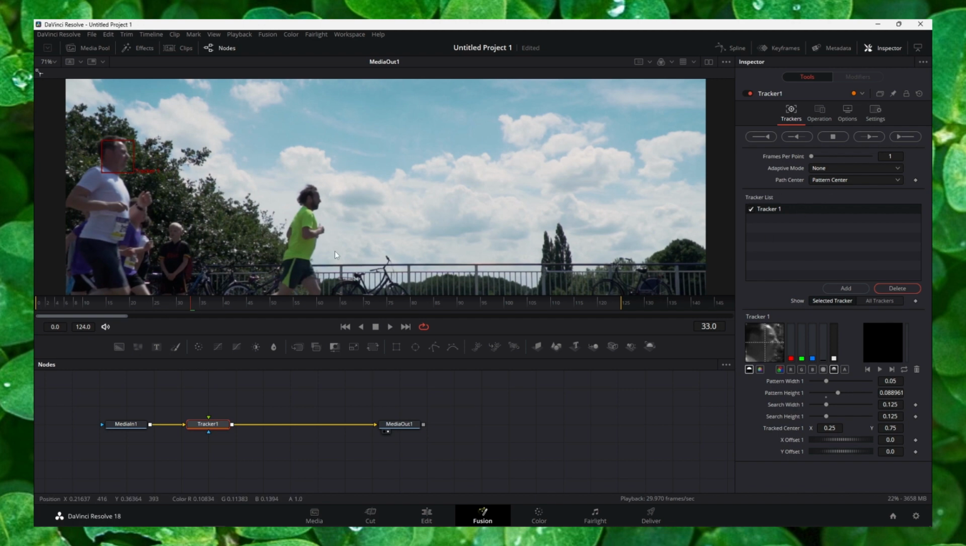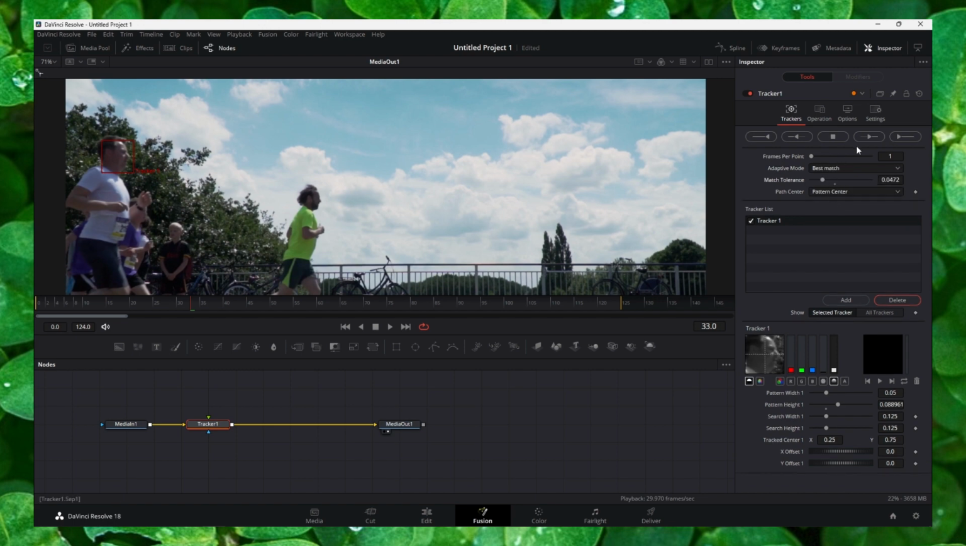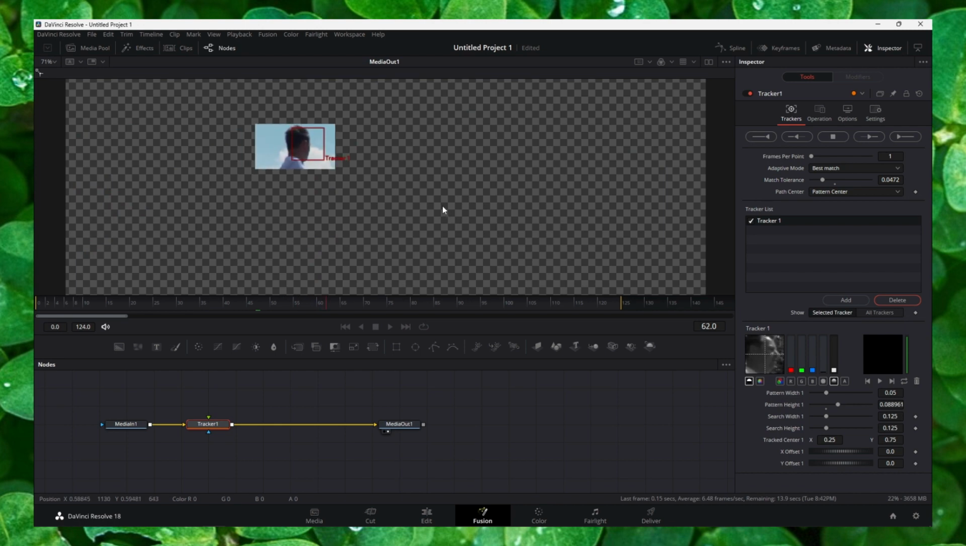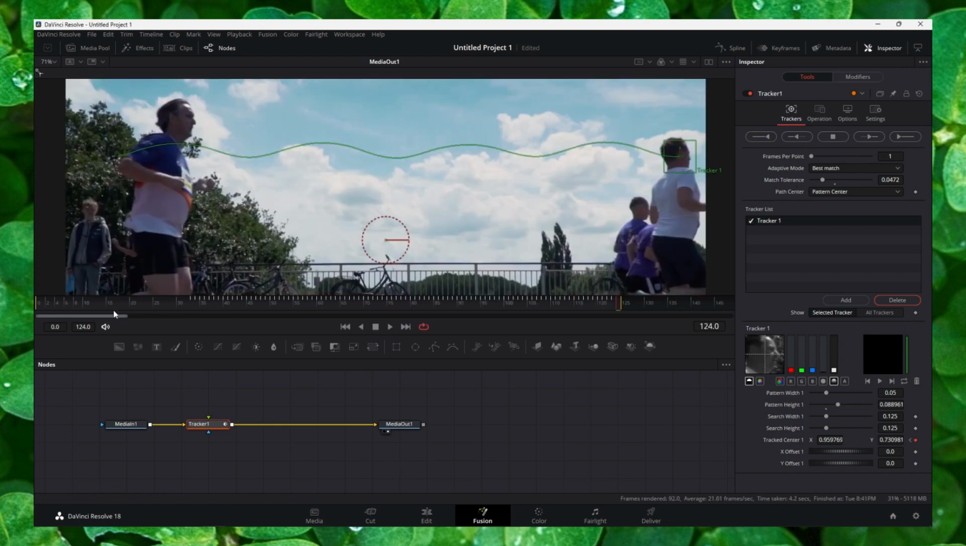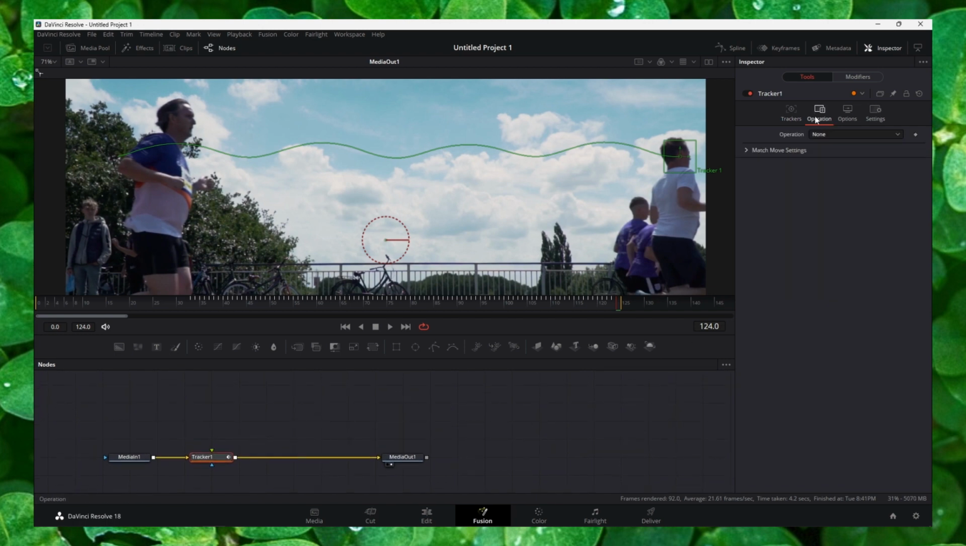Now I'll click on this button, so we'll track, but before doing that also make sure you select best match, and now click on this. If your video starts from here, make sure you click back, or all the way until the end. You click here, and then the next step is to click on operation mode. Make sure match move is selected, and then we have to